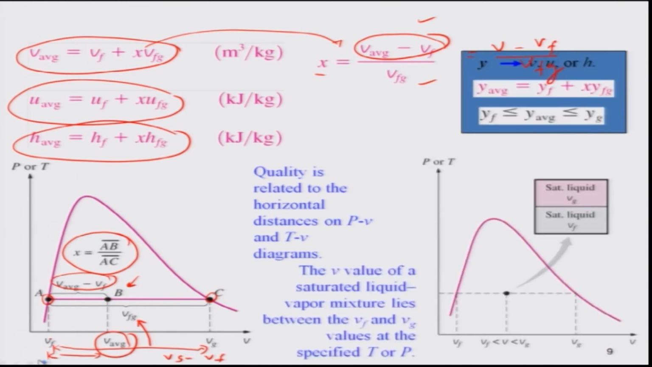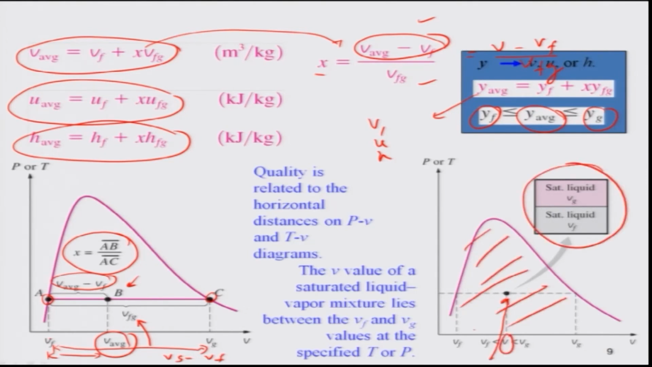The other thing which we should remember is that the average of any thermodynamic property for the saturated system lies within the saturated region, which essentially means that Y average, which we are generalizing, which is nothing but Yf plus x Yfg, where Y can be V, U, or H, should be greater than or equal to Yf and less than or equal to Yg. This essentially means that the specific volume of such a system V here should lie somewhere in this region, for any